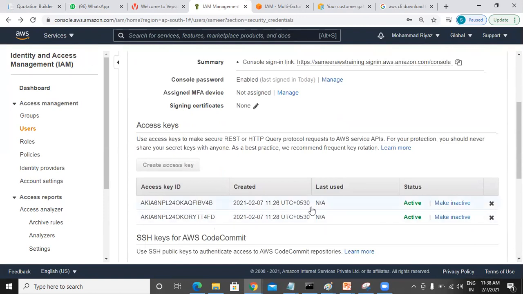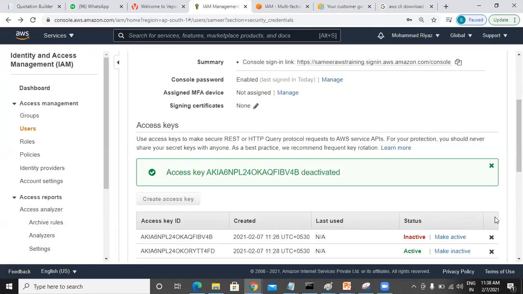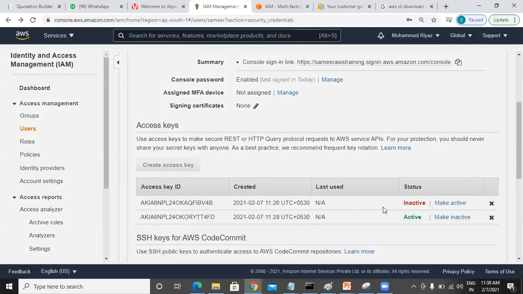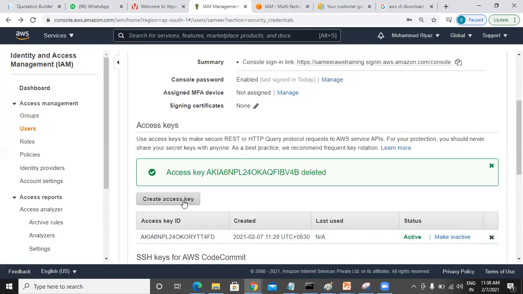And security key and access key, as I told you, you can create. Remember here, at a given point, only 2 keys you can use. One you can make active and one you can make inactive. You can see here, both you can't use, any one thing you can use. If I delete, I can copy here and delete, and whenever I delete, it will give me an option to recreate one more key, right? Only 2 keys. So in an interview, they'll ask you how many keys you can create, secret and access. Only 2 keys you can rotate one after another.